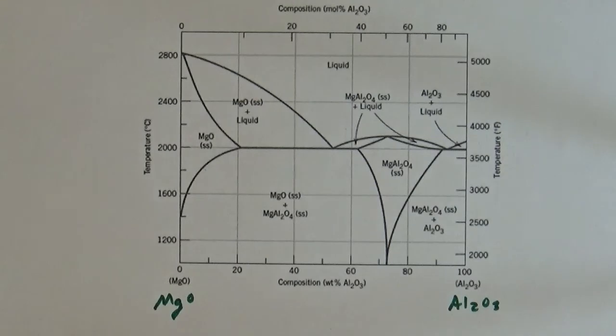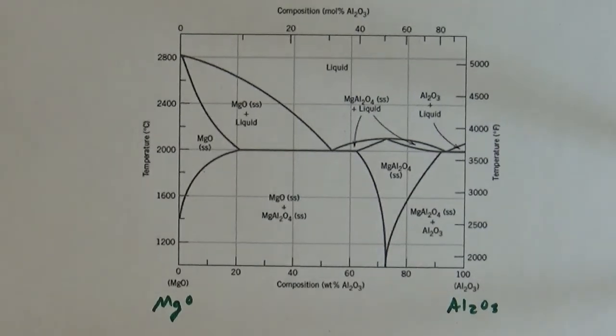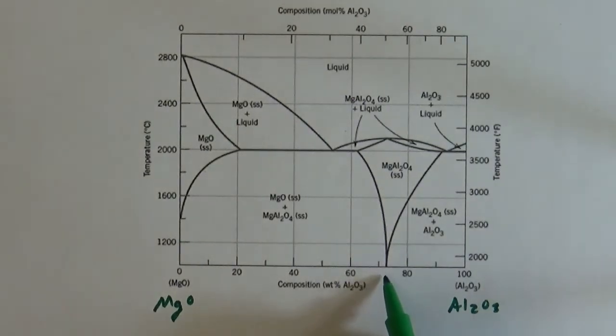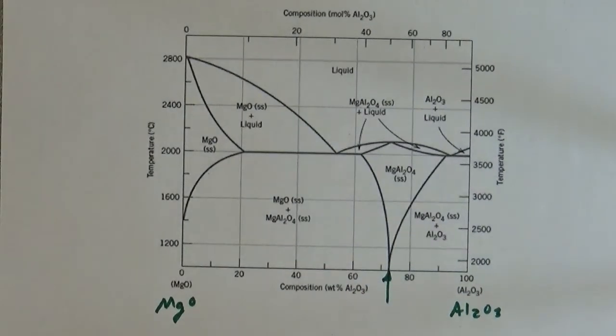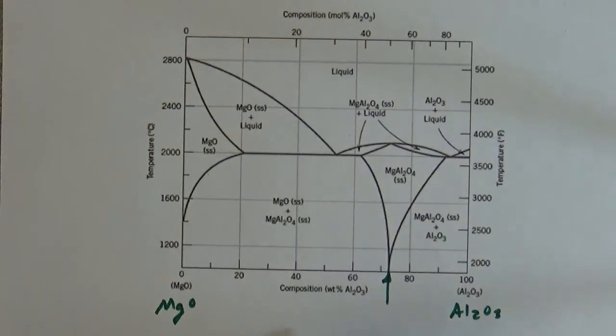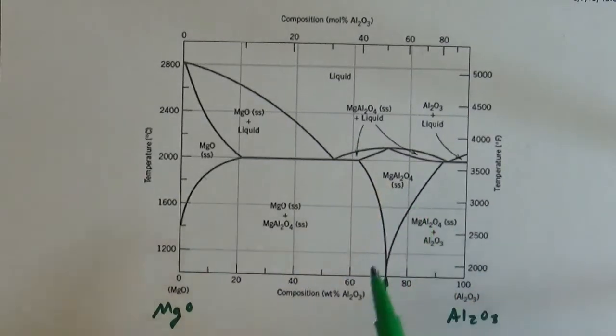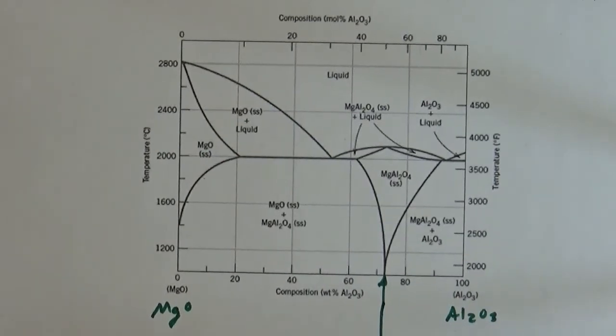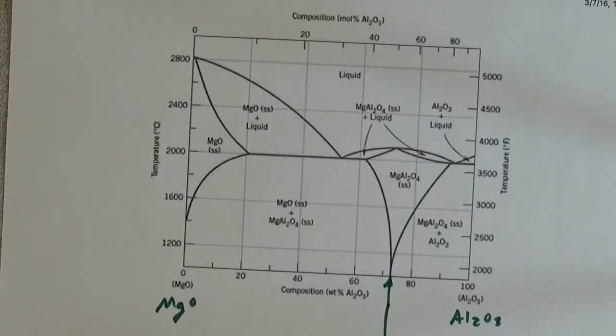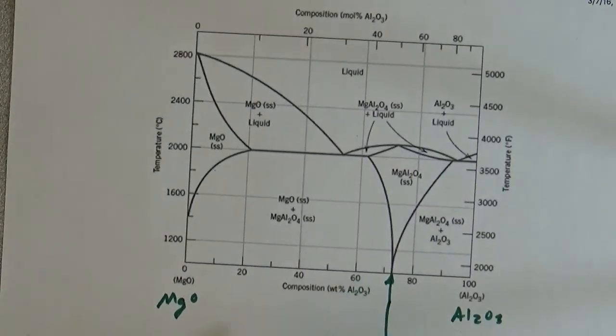So our constituents are these two compounds, and we also have an intermediate phase, and that intermediate phase is, well, the composition here, which is MgAl2O4, which means that we basically have one MgO unit plus one Al2O3. But that constitutes in weight percent